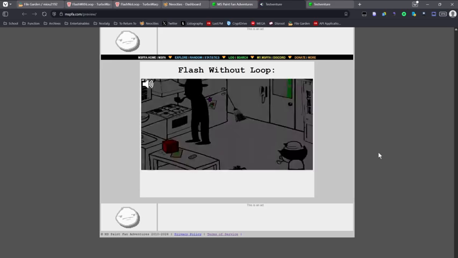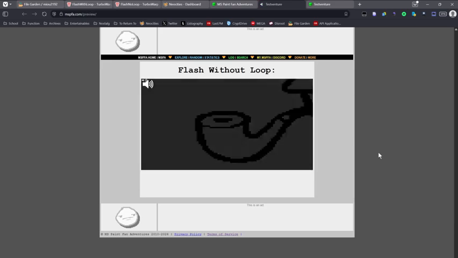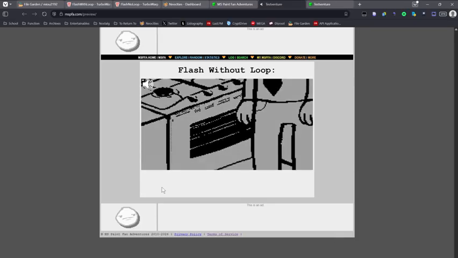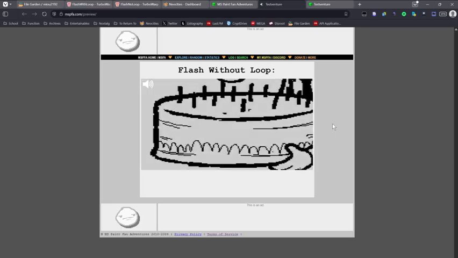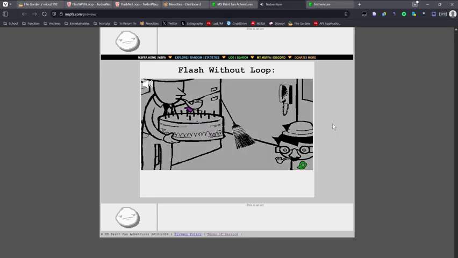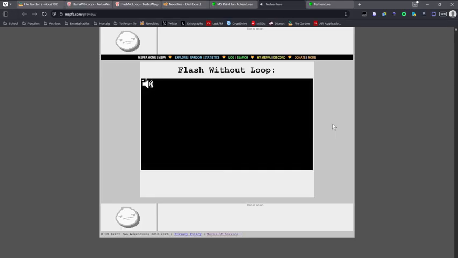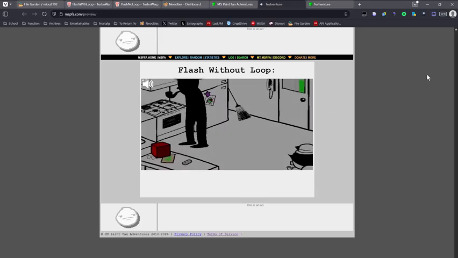If you ever wanted to do a Homestuck flash that actually functions like a real Homestuck flash without it being a video embed, well, that's possible, and I'm going to show you how to do it, because I learned how to do it by using my brain. I did it myself. I don't know why I phrased it like someone taught me how to do it, but I taught myself how to do it.